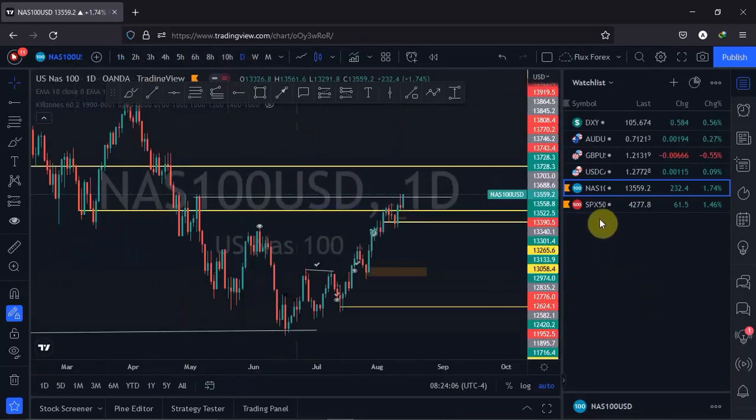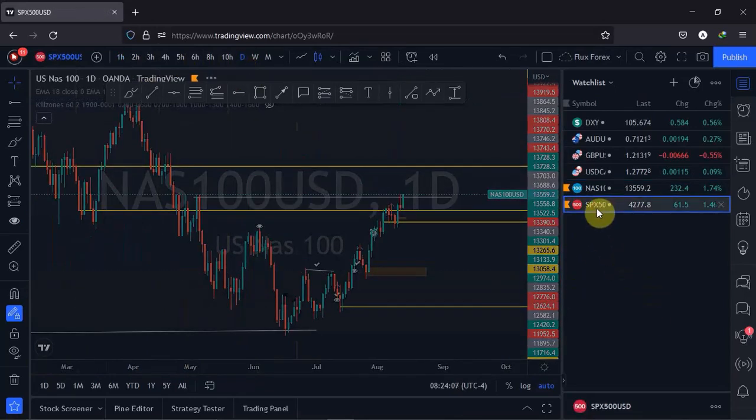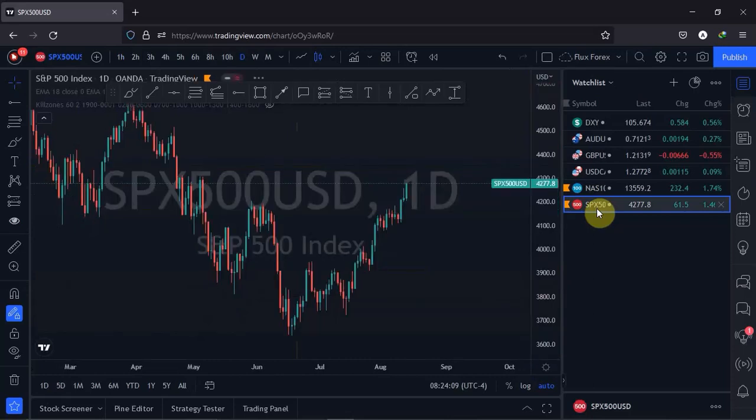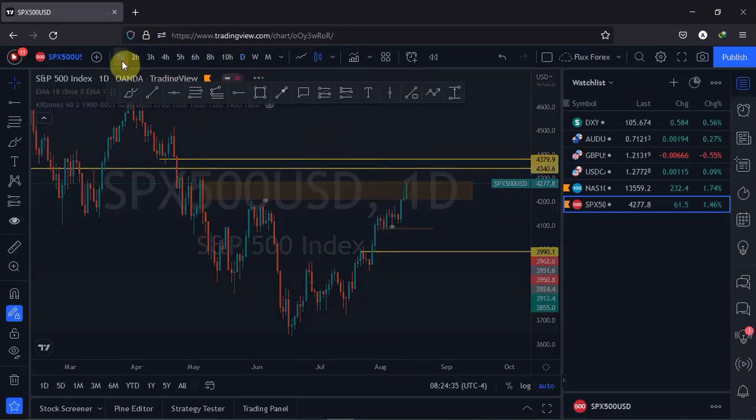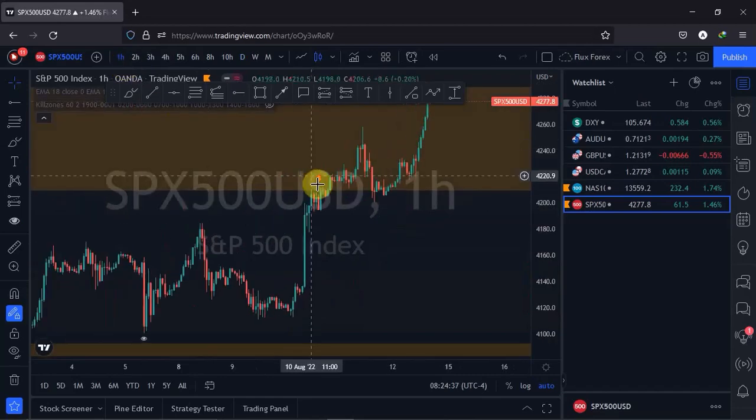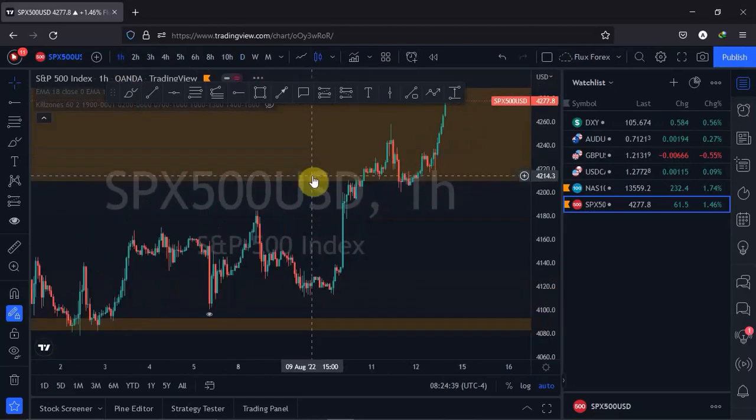Let's look at what is happening on S&P 500. So for S&P 500, same plan as Nasdaq. We are still seeing bullishness on Nasdaq, still bullishness on S&P 500. This other block has already been violated. Once price passes more than 50% of the block, consider it violated. So I want to see price shift to the zone. So going into next week, I'm also bullish on S&P 500.